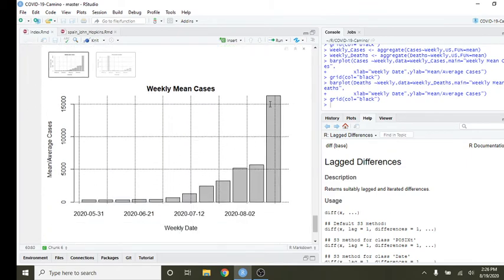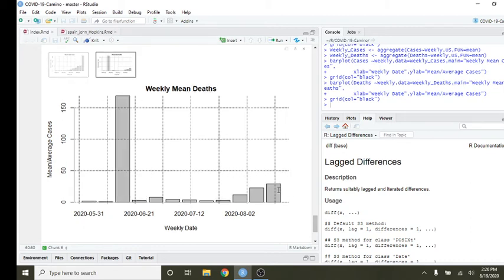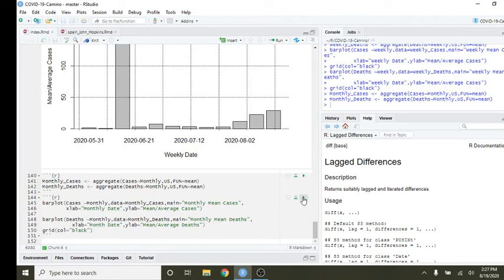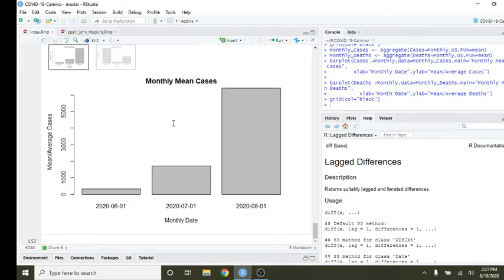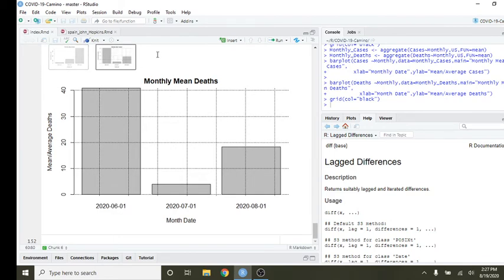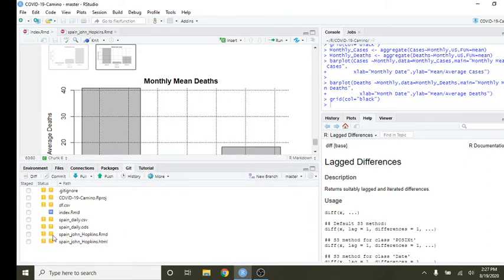Mean numbers, nothing real surprising. We're still seeing the average number of cases. Well, I'm not sure the average cases really makes sense. Yes, it does. Average cases per week. So we could plot the weekly averages against the daily totals and see what it's doing. The average number of cases is continuing to climb. Deaths are holding. The average number of weekly deaths are holding at under 50. Monthly average number of cases by month. Average deaths by month. Well,